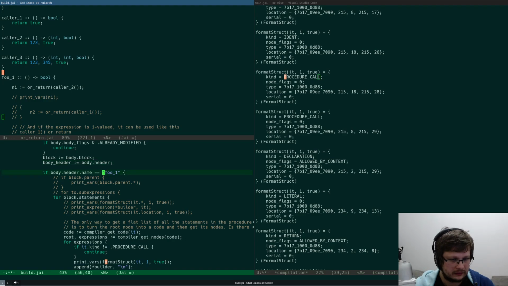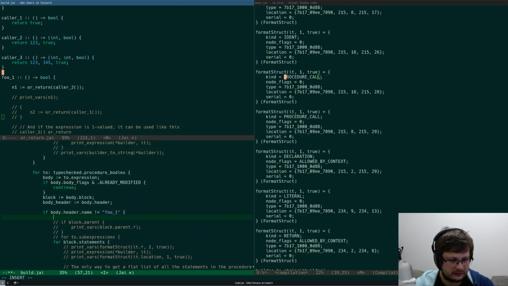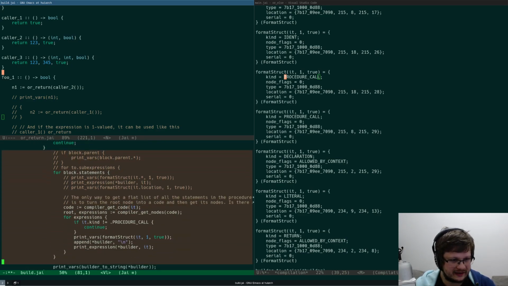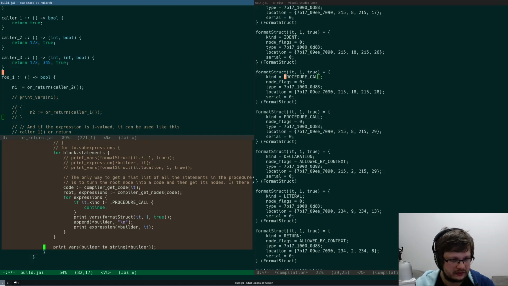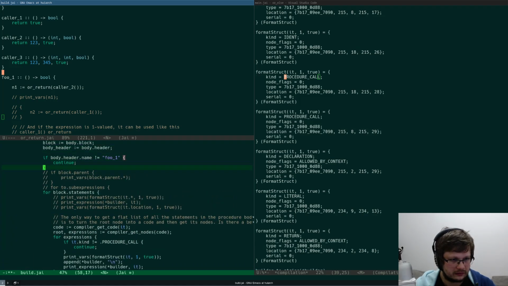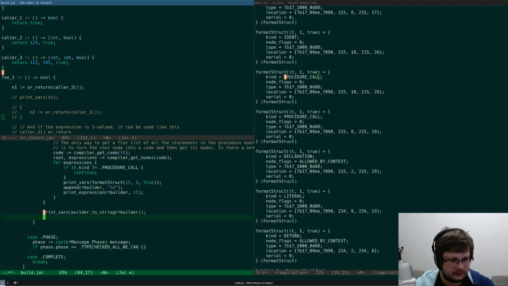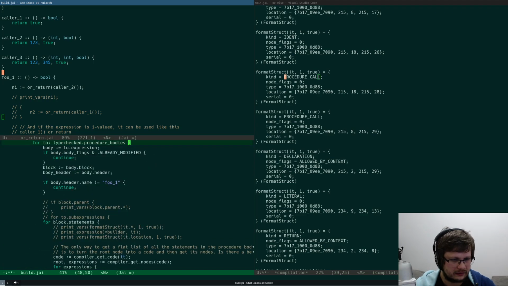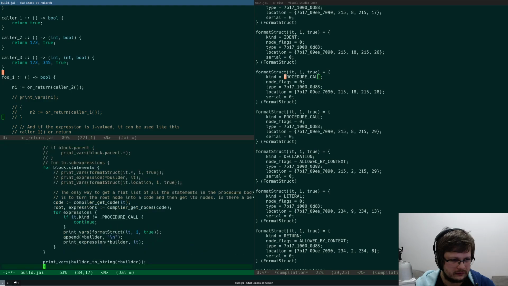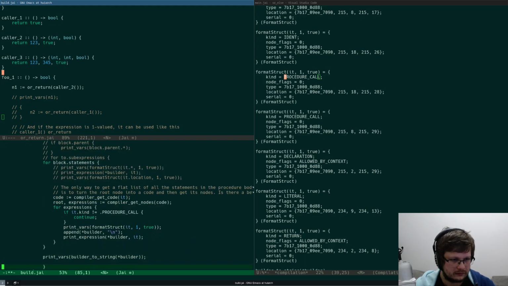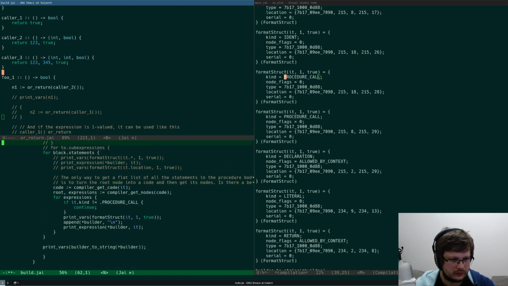We can also do this: if not, then continue. And then we can dedent this a little bit. Did I dedent it all correctly?